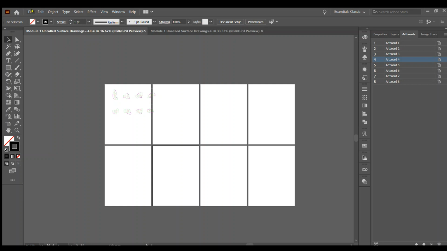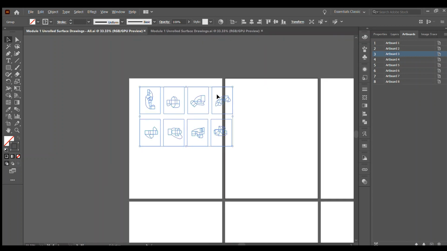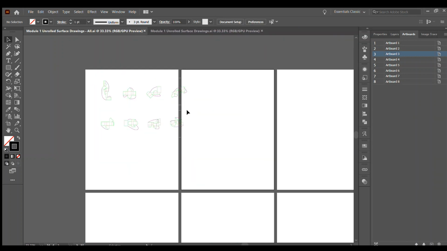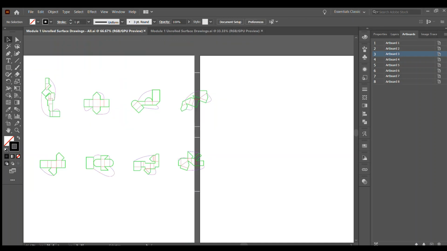And then all you have to do is go to File up here in the top left corner of Illustrator, and then Place. And then wherever you saved your DXF file, you'll click the DXF file, and then click to place your DXF. And then there you have the DXF drawings that you made. So mine came in a little bit smaller, but the first thing you want to do to make sure that your file is set up